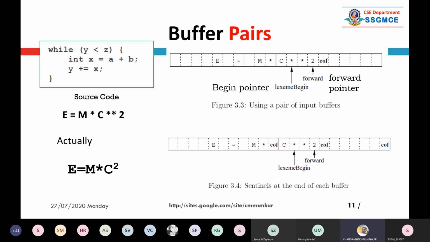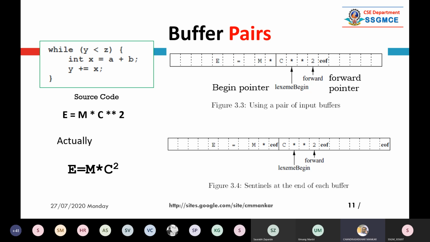Two buffers are there. That we call a pair of buffers. Normally we don't read both buffers at a time. We first process the first buffer until the end. While reading the first buffer, we fill up the second buffer with the remaining code.